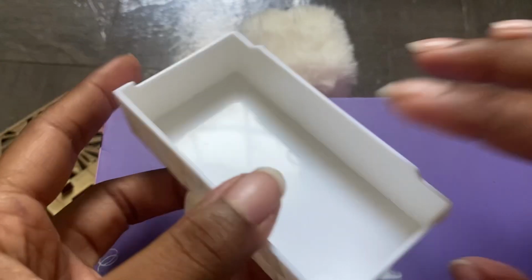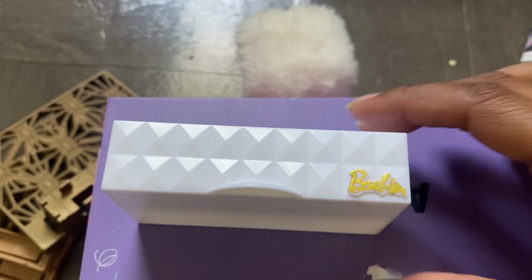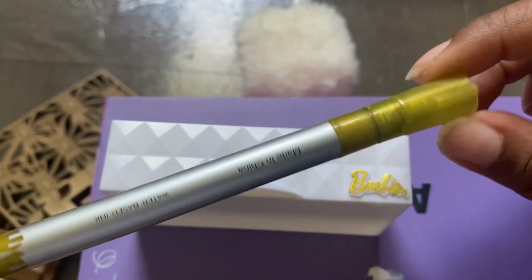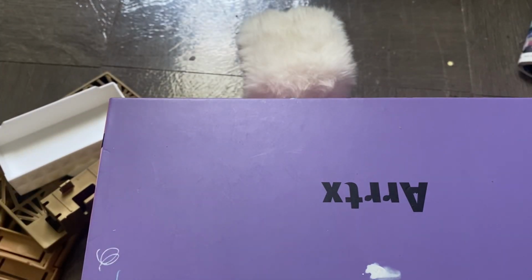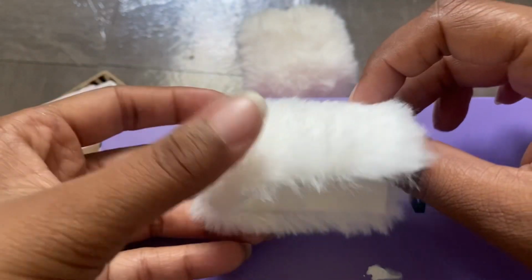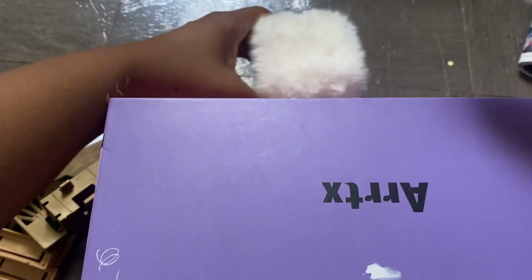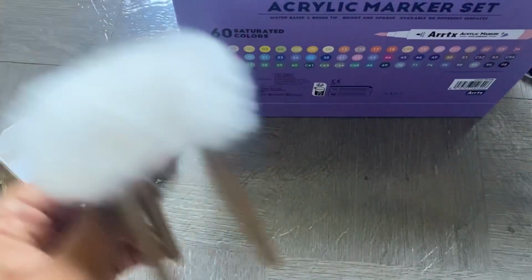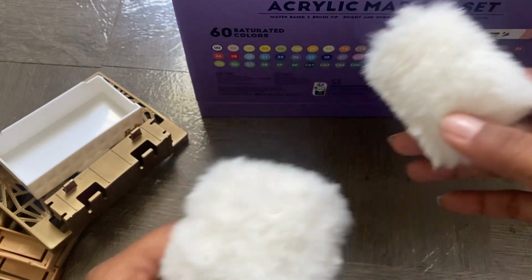Now for the drawer, it still had the pink and Barbie, so I took a gold pen and went over it with that. And now actually I have a little piece of faux fur left, and I was just gonna fold it over and make it a pillow. However, I found that if I did like this, move this a little bit, if I did like this, it would make a little chair,